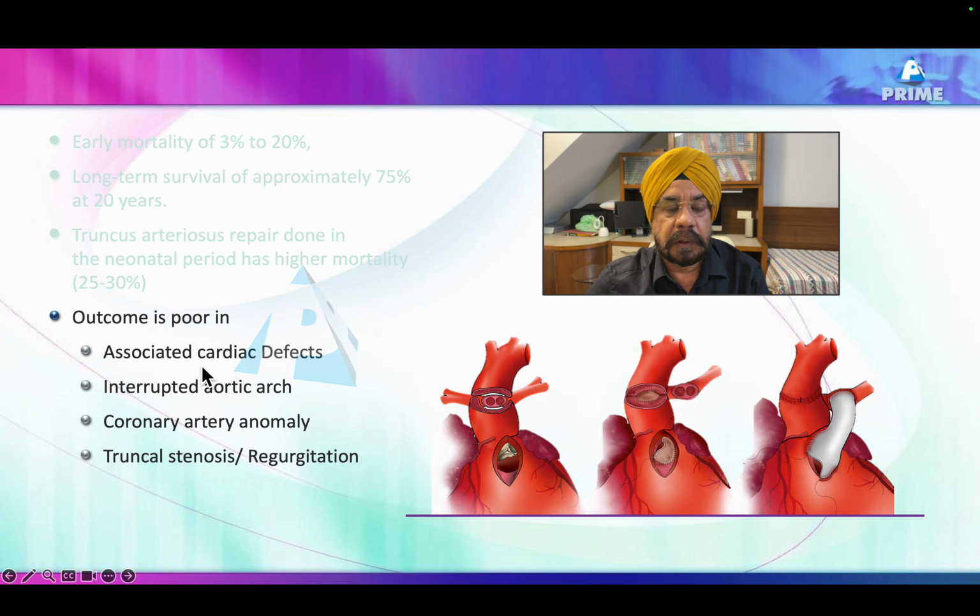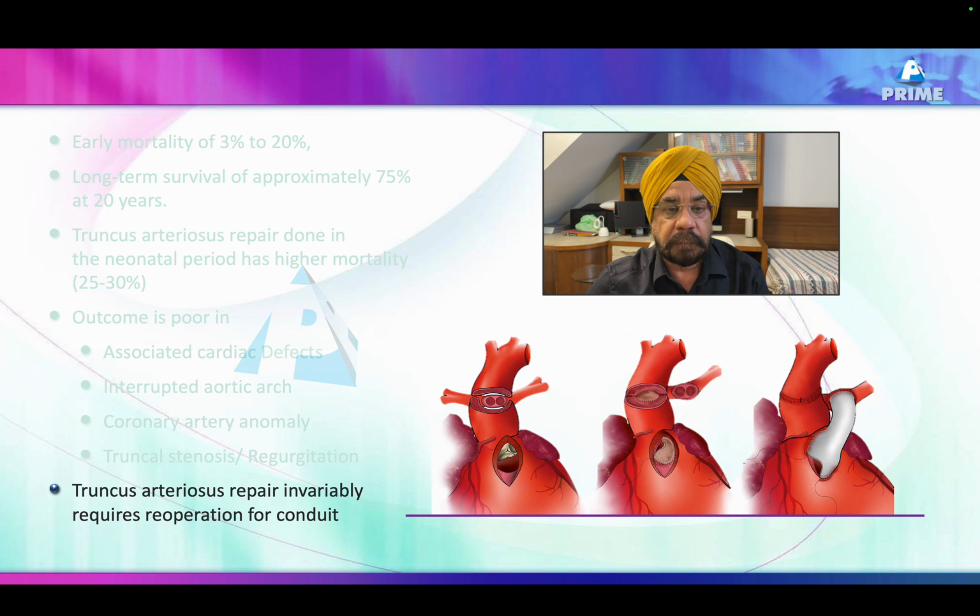The factors include associated cardiac defects, like pulmonary stenosis, a VSD which is not in an appropriate location, interruption of the aortic arch, coronary artery abnormalities which would actually impact the repair of the aorta, and truncal valve stenosis or regurgitation in case it is severe. Mild ones do well by a simple repair. And as I told you, we would require to replace this conduit, which would become smaller for the age